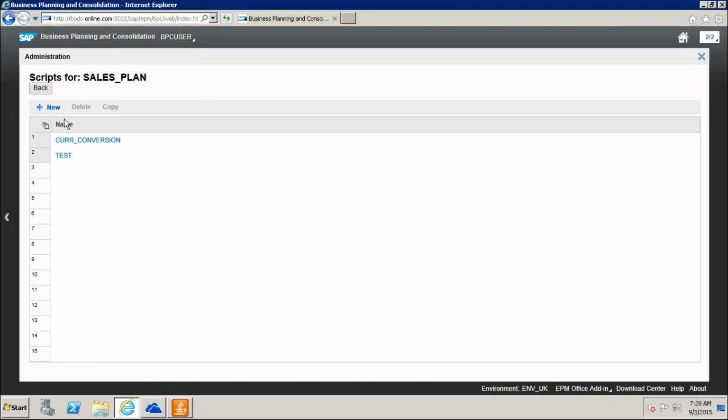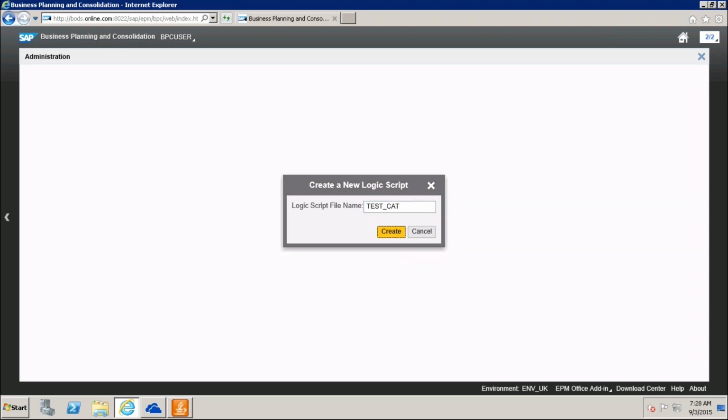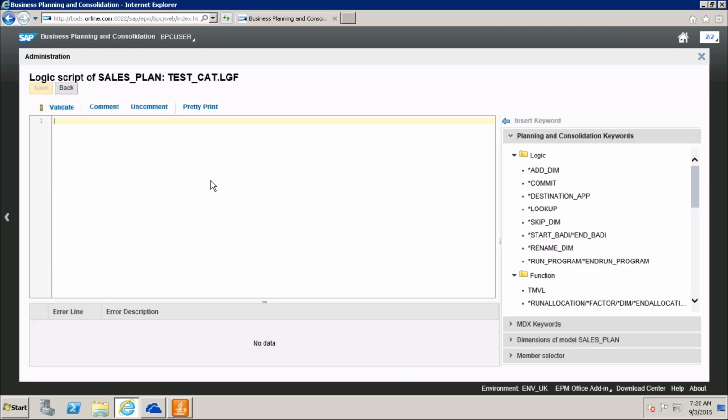So here you write a new logic script name, and we will just keep the name as test_cat, for category. Just I'm going to create. This is the screen you will get here. See, test_cat.lgf. This is the file that is going to generate now.